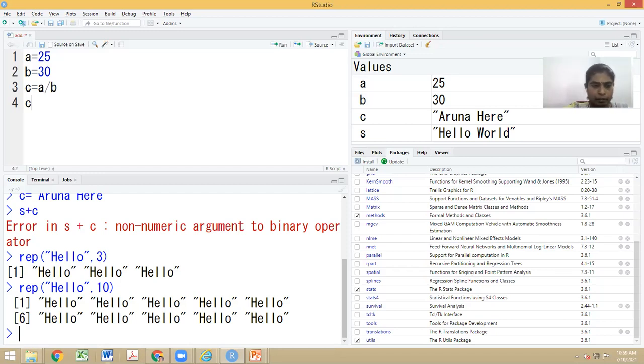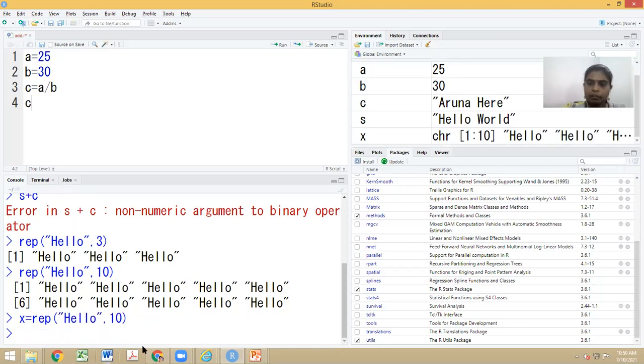Now say for example, let me take the same command again, and we know very well that the command result can be stored into a variable. Now let me give a variable like this: X is equal to REP hello 10. Now look at the environment, you have X and you can see CHR.